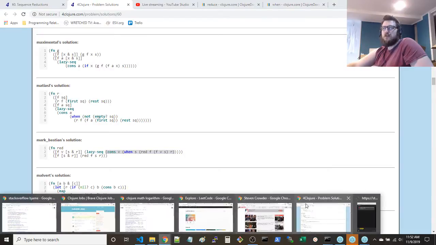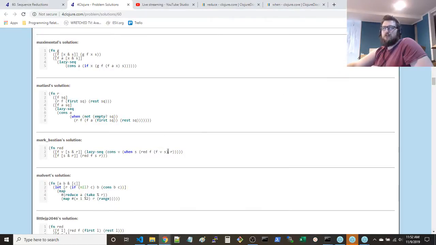Oh wow, that's pretty clever. It's pretty good. I like that. It's very good. Nice. Very nice. And S just means that there is an element there. If there's no element, then the whole thing just becomes nil, and then you cons with nil, which is just a sequence with a single element with v in there.